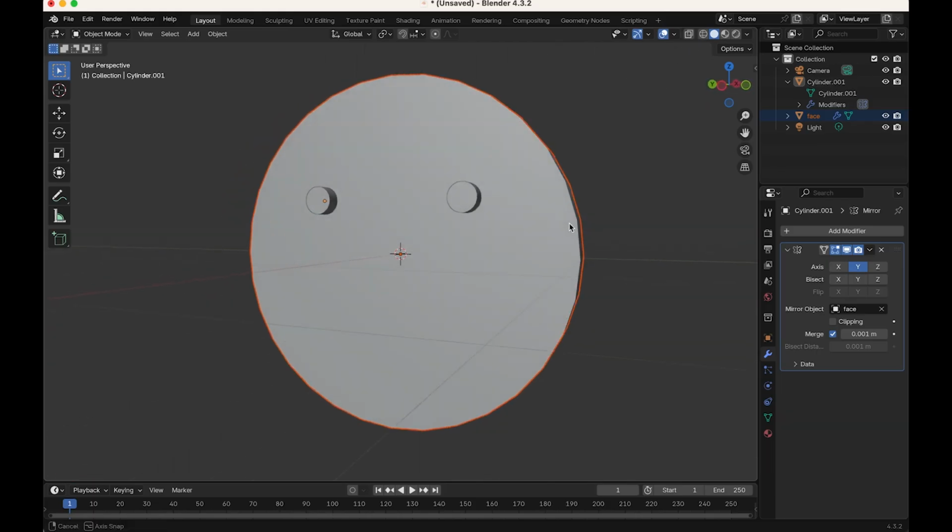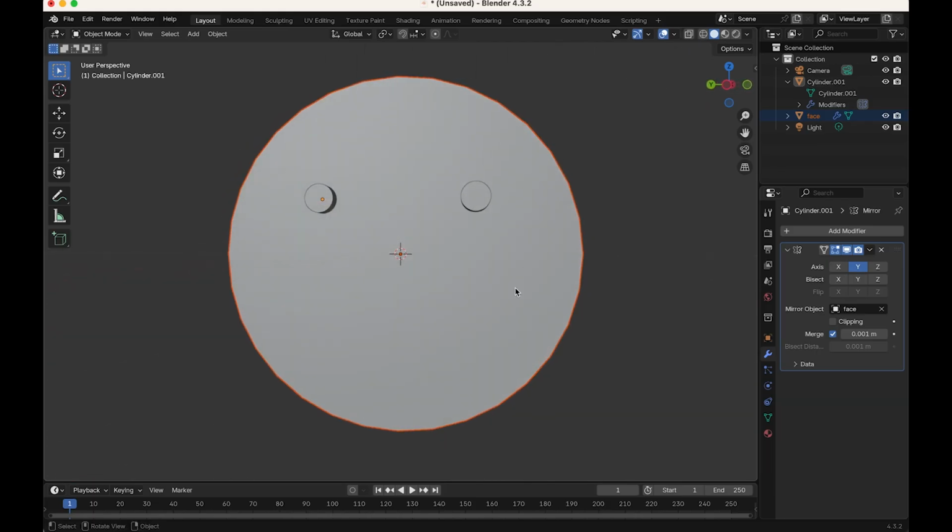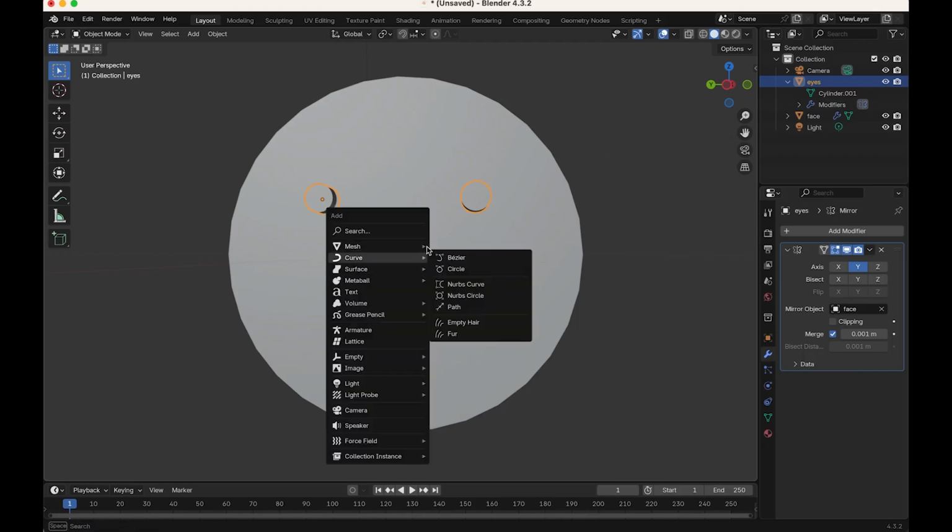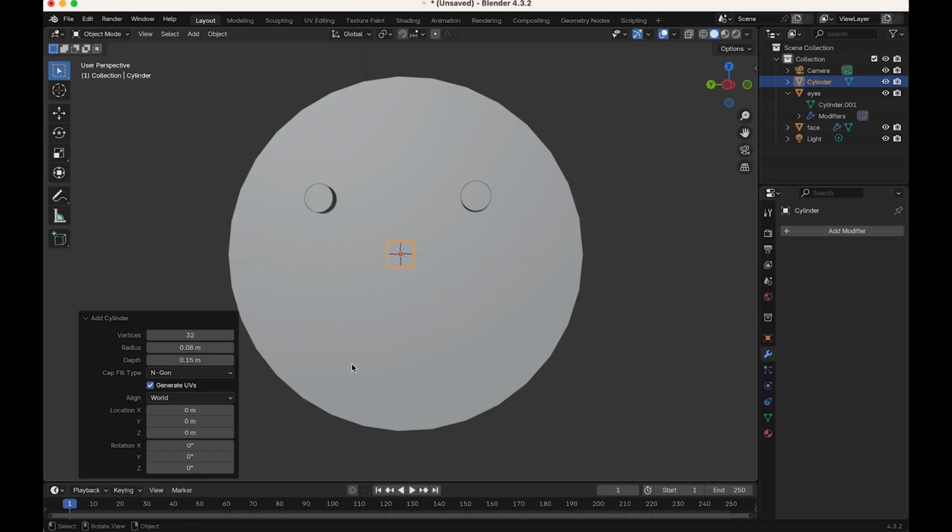The next thing I'm going to do is maybe make that smiling face I had earlier. I'm actually going to add another cylinder. Let me label this and call it eyes. Shift A, let's do another cylinder. Okay, so this is a basic view of this. I can change that. I can also make this 90. What I want to do is take this and